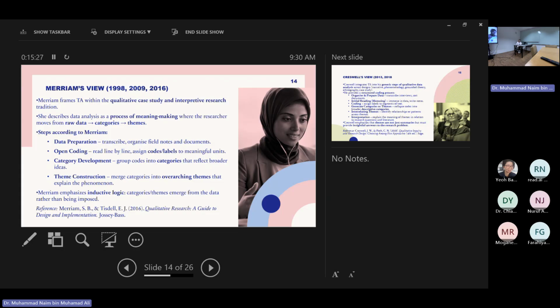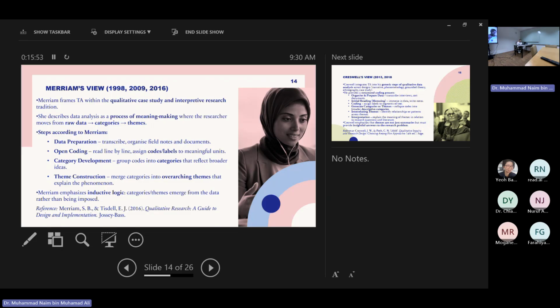Merriam has a different process. The raw data means familiarization with the data. Categorizing is not coding yet. Categorizing is just putting everything under several umbrellas. And then think, only you arrange all of these data, combining or removing and so on, into certain themes.